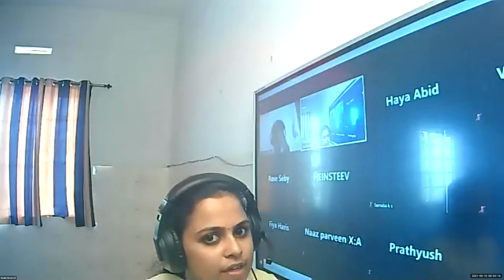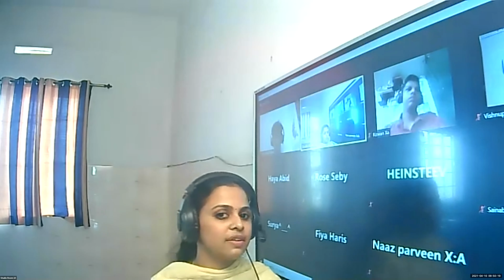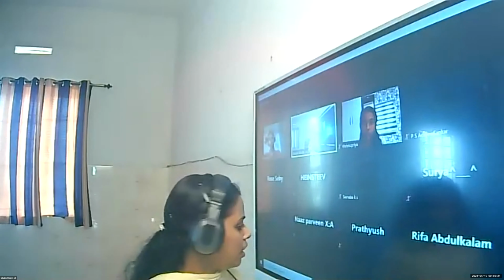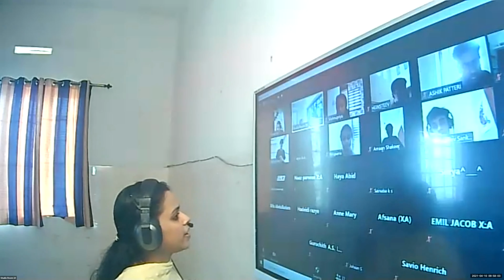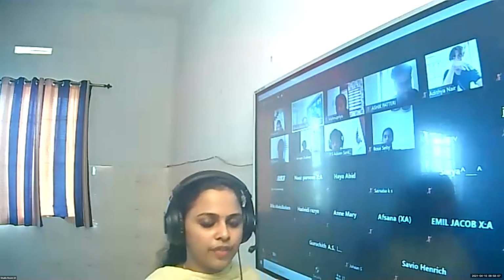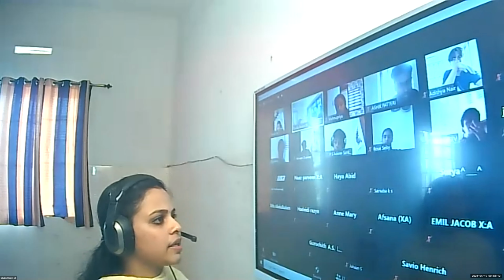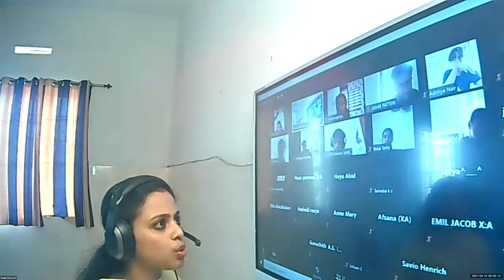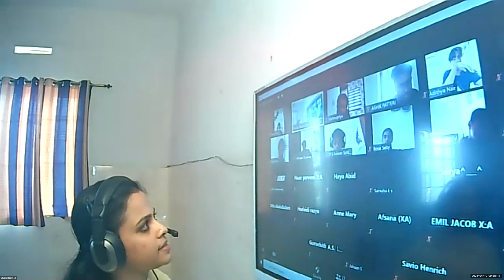In the last class, we were discussing the refraction from spherical lens. We were discussing the ray diagrams in the case of concave lens and convex lens, right? Okay. So while we are discussing the refraction from a concave lens and convex lens, we are following three rules and a table. In the case of convex lens, we have three rules. Can you recall the three rules quickly in the case of convex lens?